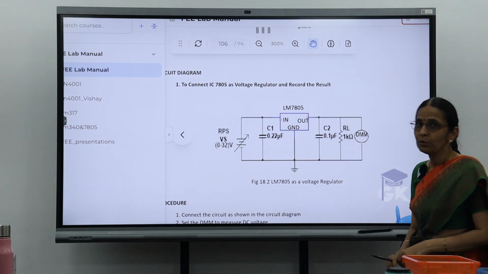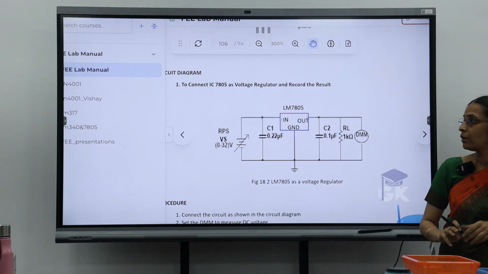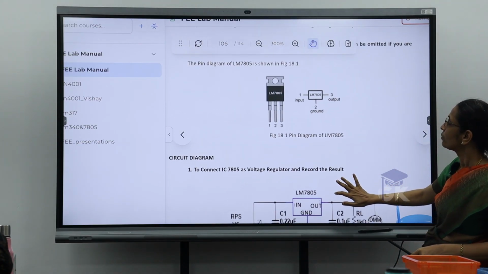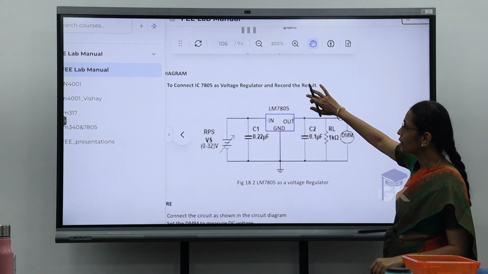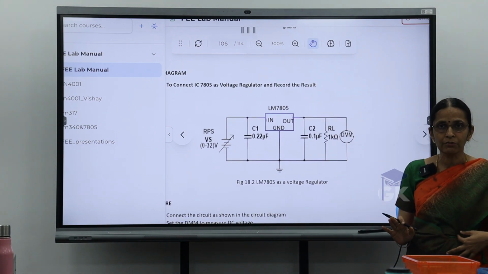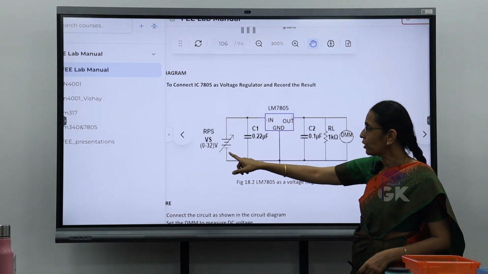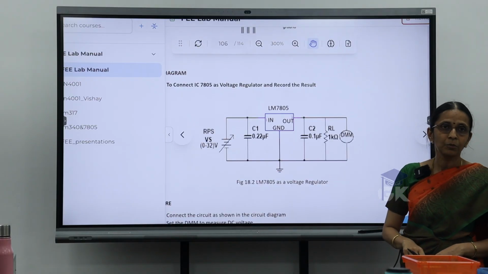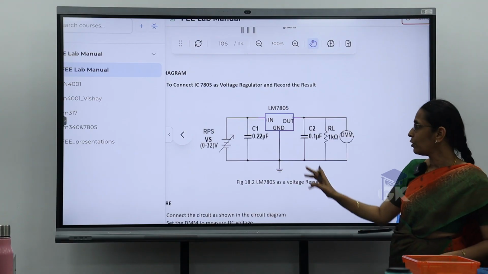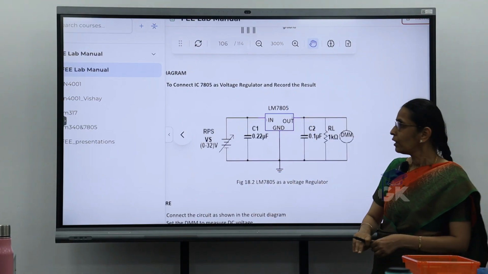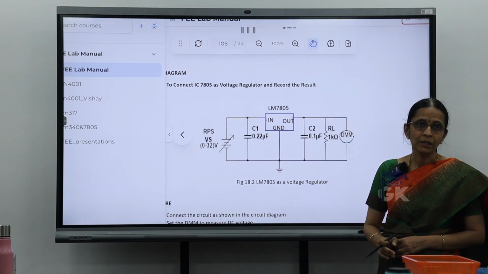So what we are going to do is, we have our filter circuit, right? Oh, you want the pin diagram? Have you copied the pin diagram? Okay, fine. As per the list of experiments, you have a separate experiment on 7805 itself, where you will be connecting the IC and then these capacitors, provide a regulated power supply, and then take the output using your DMM. But what we are going to do is, to our filter circuit, we are just going to connect this 7805 with these protection capacitors, 0.22 microfarad and 0.1 microfarad.